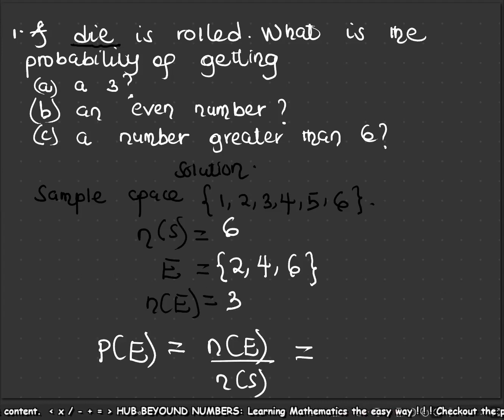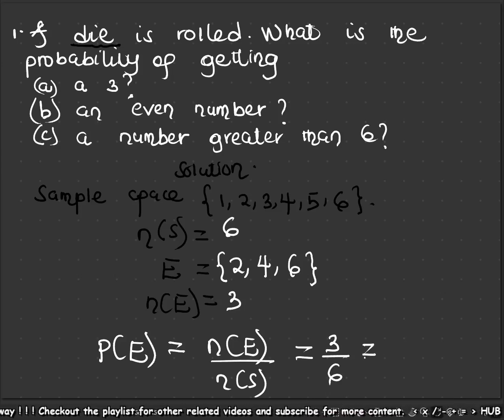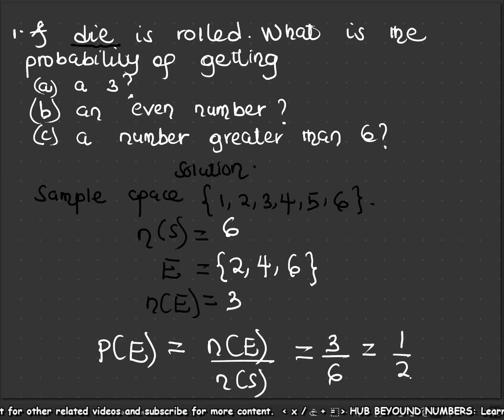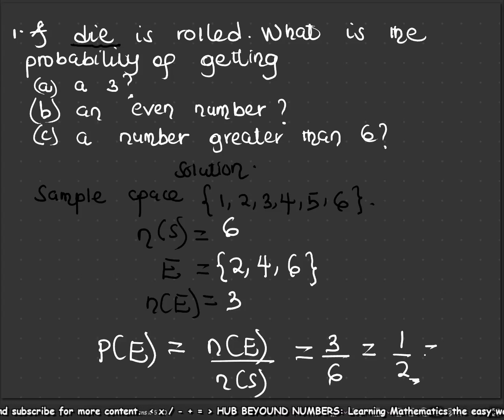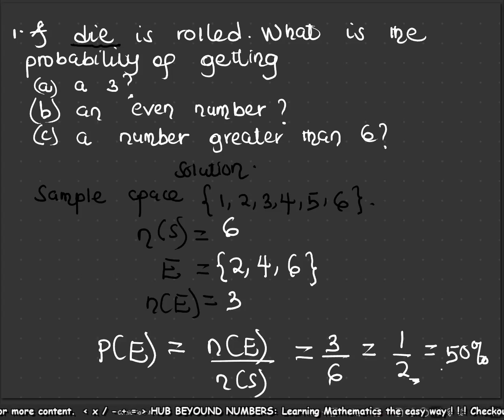3. So, hence, the probability of this event, stating the same formula, is the number of elements in the event, which over here is 3, over the number of elements you have in the sample space, which is 6. You can choose to simplify further. We know 3 over 6 gives us 1 over 2. And 1 over 2, if you want to express it as a percentage, is 50%. So you can say that there is a 50% chance that you get an even number when you roll the die.